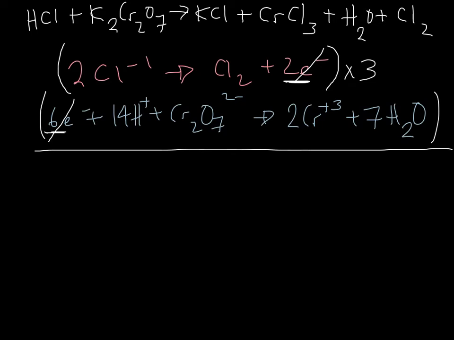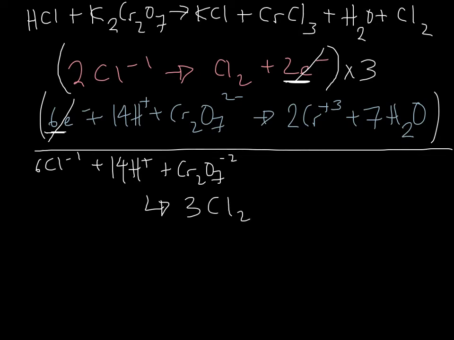So I end up with 2 times 3 is 6 chlorides, and I have 14 H pluses, and I have a dichromate. And all of that's going to yield, and I'm going to write this underneath so I don't run out of room, 3 times 2 is 6 chlorine plus 2 chromium plus 3 ions plus 7 H2O. Now, in some contexts, you could end here and call it a day and just make sure that everything is balanced on both sides,